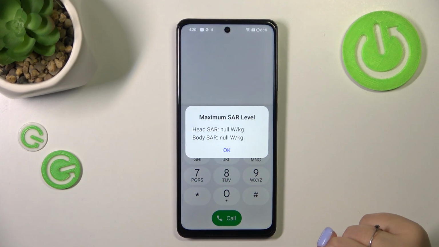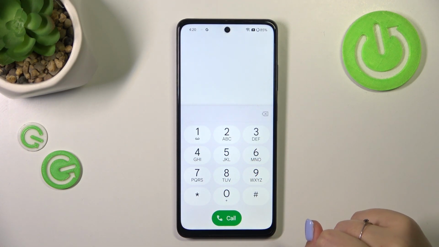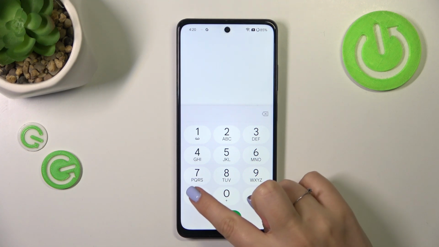*#07#. And thanks to this code we can check the maximum SAR level, so we can check the head and the body of our device. Now we can enter the diagnostics, and the code for it is